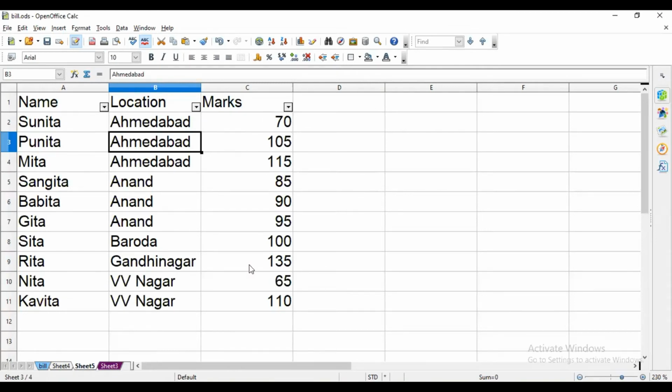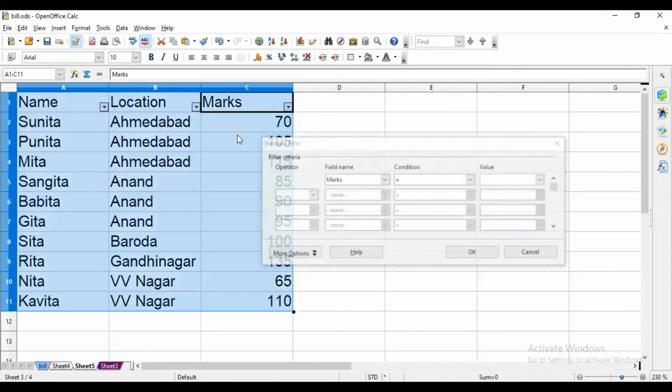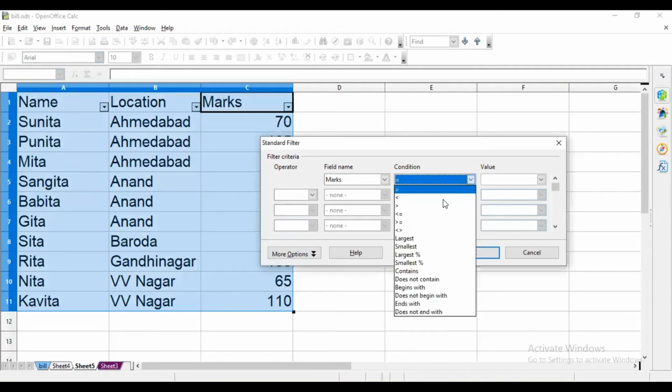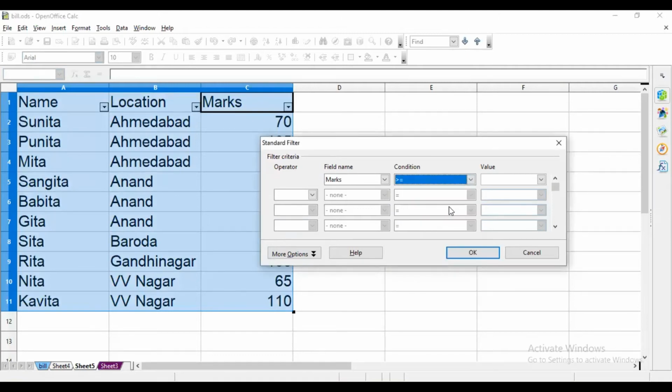And for example, suppose we want to filter this data according to marks, where a student has secured 100 or more marks. At that time, go to the standard filter. Marks field is already there. Condition here: greater than or equal to, because we want to include 100 also.